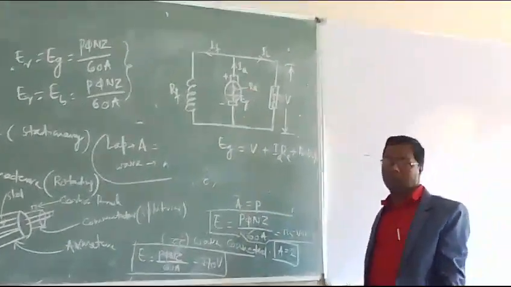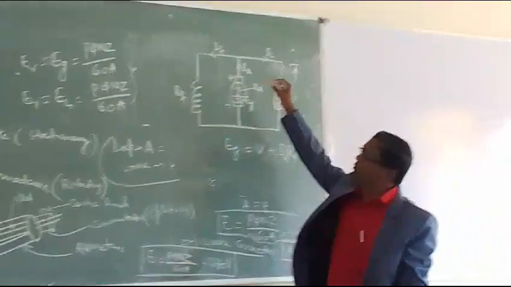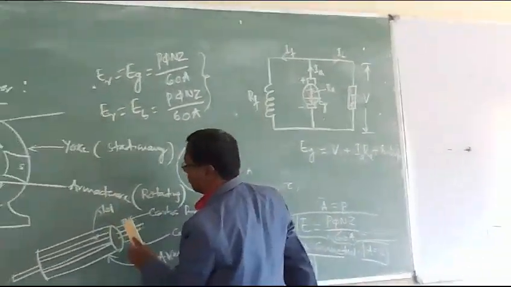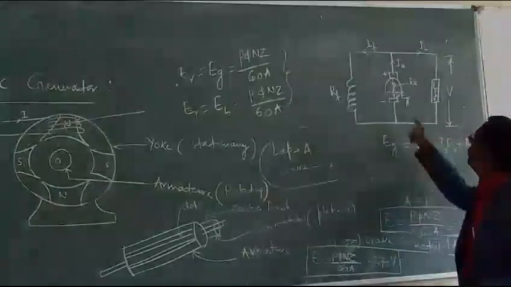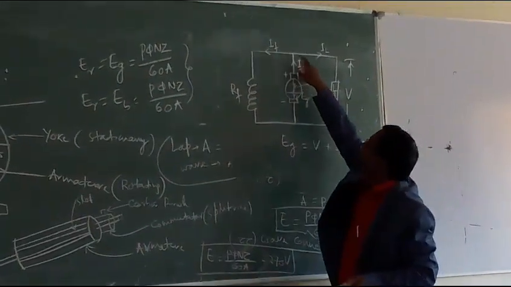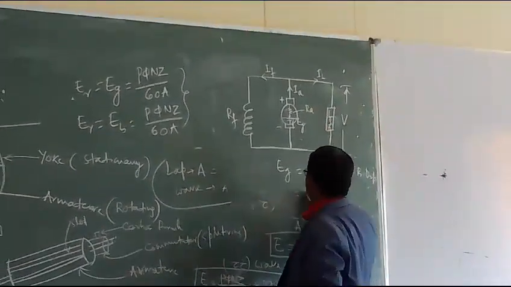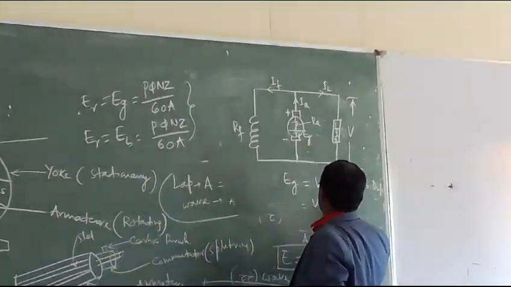What is the function of the brush? The brush is just to collect current from your armature. Yes or no? So we are taking current. So armature current here, what can we write for the value of armature current? Armature current equals, that is